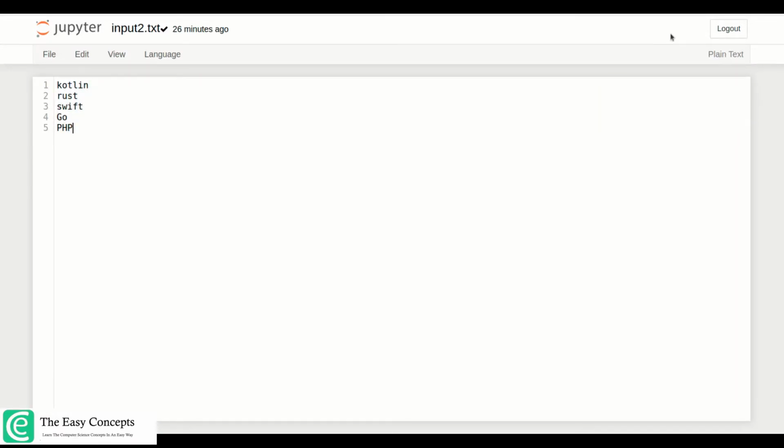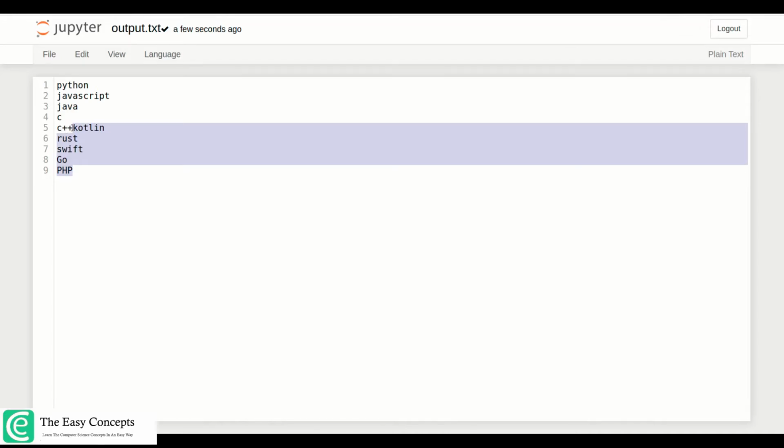That is because C++ does not have any new line after it. If you want to get a new line, you can write a new line here, right? Or maybe you can do some manipulation and you will get a new line, right? So this is one thing.